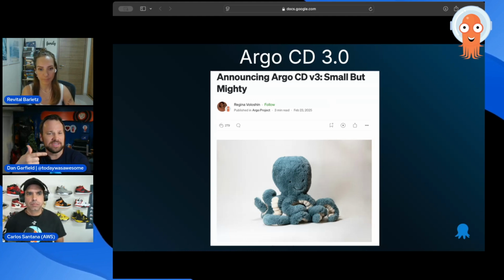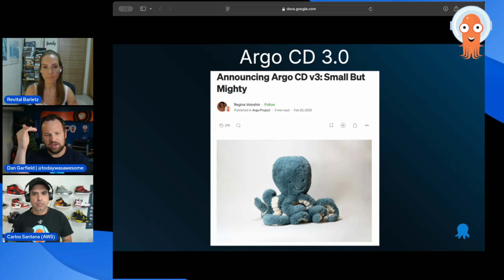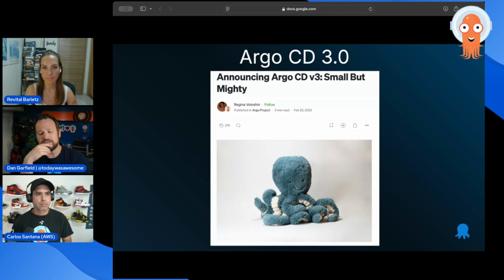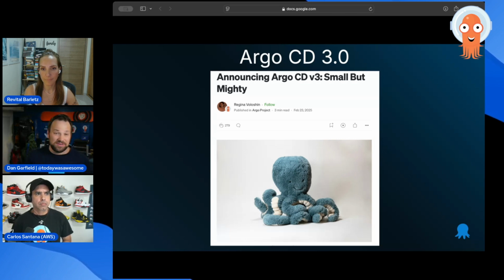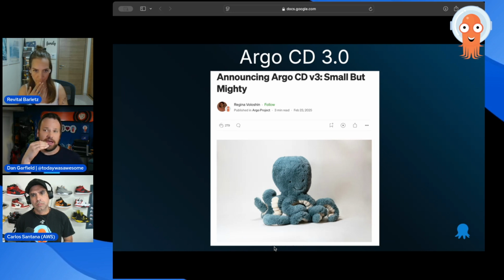So there's a lot of things like that where admins, as soon as they set it up, have their default settings that they're going to apply. And we basically took all those things that people were doing and pretty much didn't have downsides, and we made those the defaults for Argo CD 3.0. Because that is a behavior change, that is one of the reasons that we waited until a major release to do those things. And we also have a couple of things that we've changed, like, for example, by default,